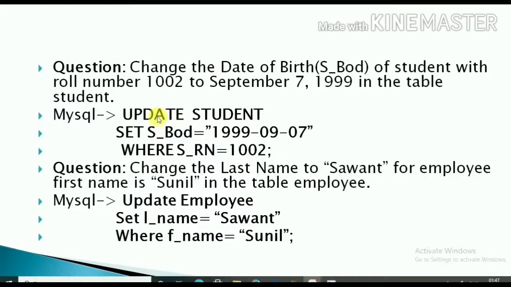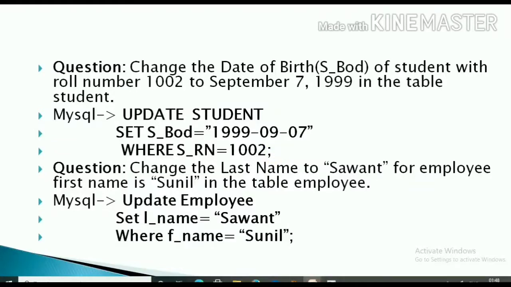So the command will be update, name of the table is student, set, then the name of the column to modify is s underscore bod is equal to the value to update with, 7 September 1999, that is 1999-9-07, where the condition is you have to change the date of birth of the student with roll number 1002. So the condition is s underscore rn is equal to 1002, semicolon.